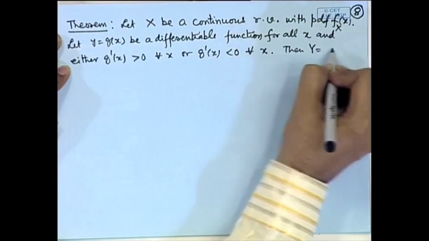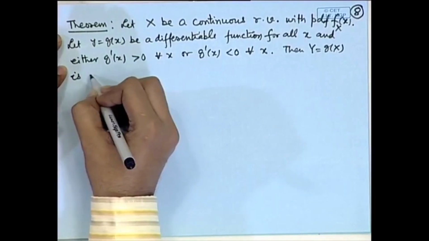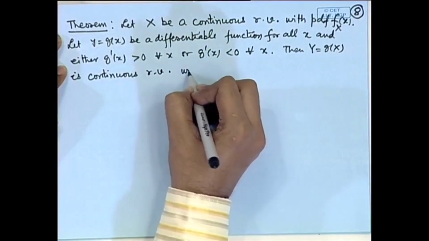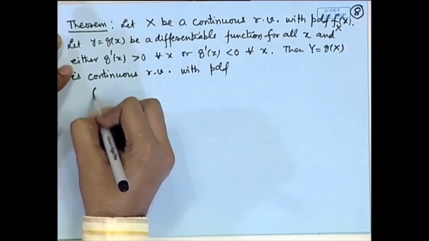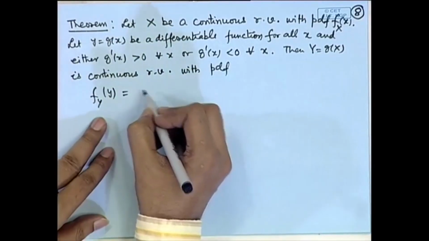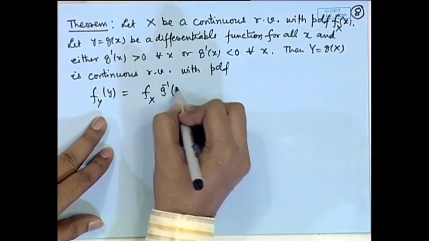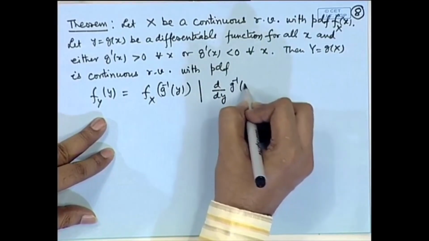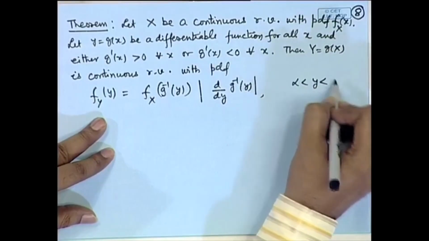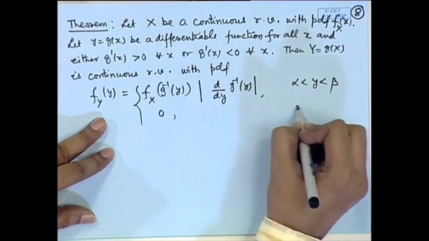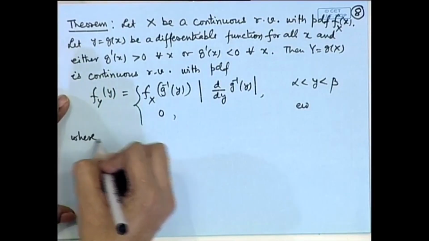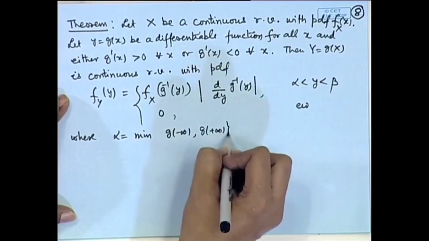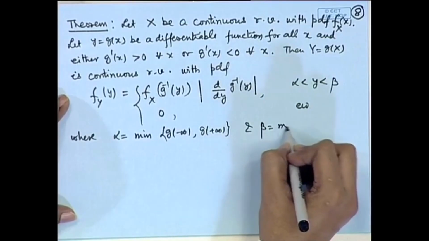Then Y = g(X) is a continuous random variable with PDF given by f_Y(y) = f_X(g inverse(y)) multiplied by the absolute value of d/dy of g inverse(y) over the range alpha to beta, and 0 elsewhere, where alpha is the minimum of g(minus infinity) and g(plus infinity), and beta is the maximum of